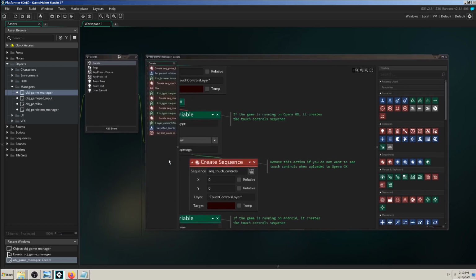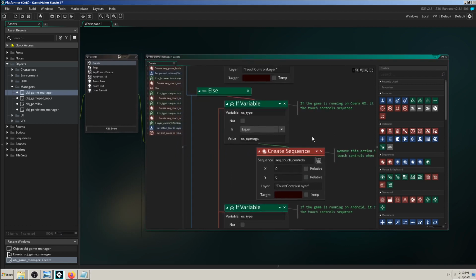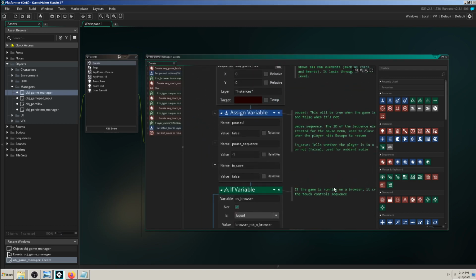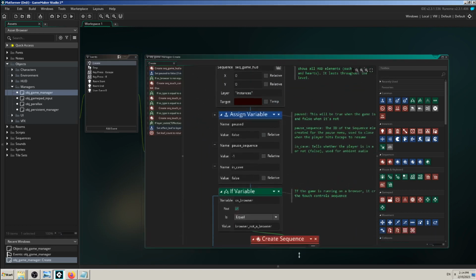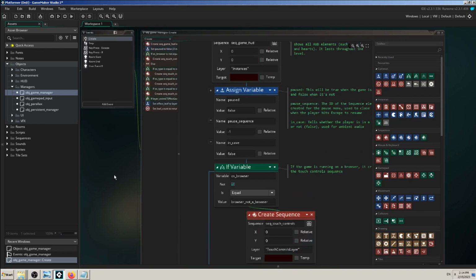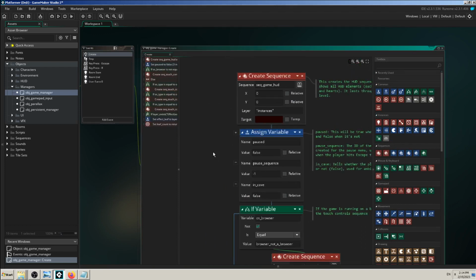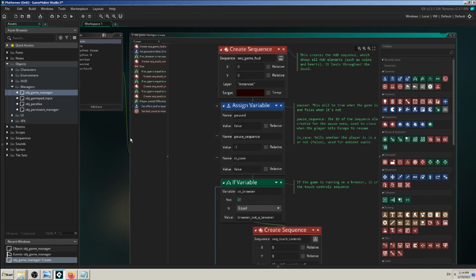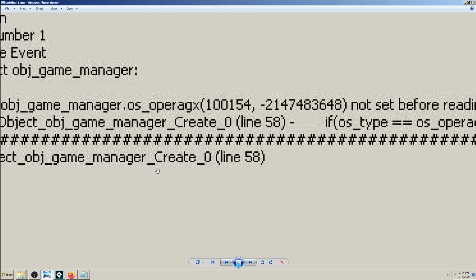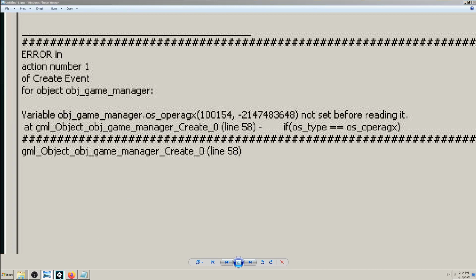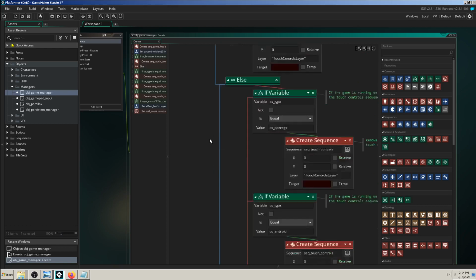Yeah, because this is visual scripting, so I don't have lines. If you open the GML version of this document, where coding is in text and numbers, you would have line numbers in your GameMaker Studio, so you could jump to line 58 and find the problem faster. At least for me it's faster, but anyway, this code is not so big, so we'll find